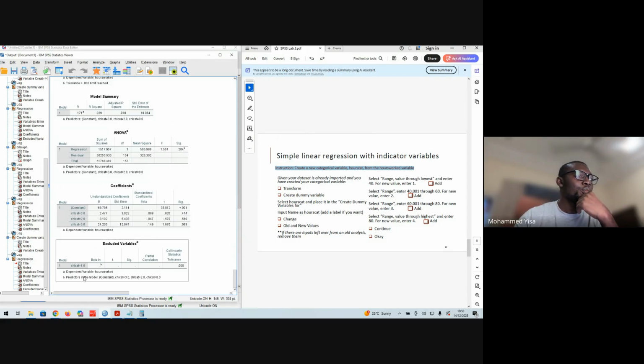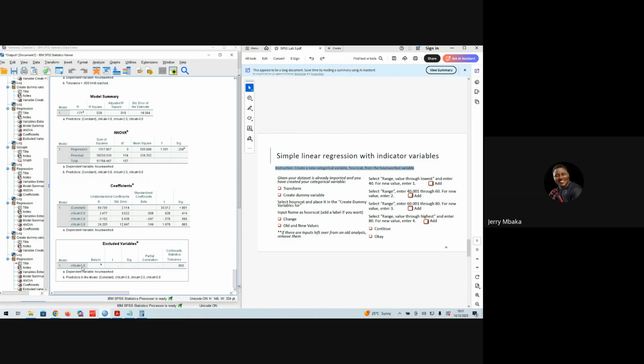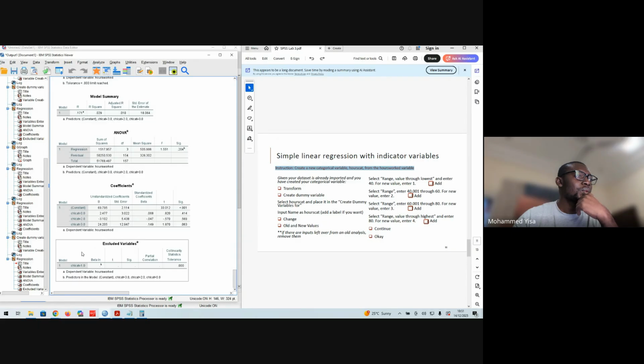So again, it has removed the first category, or rather, the second category, and then it gives you this table of coefficients. So here none of them is statistically significant, but for the sake of argument,